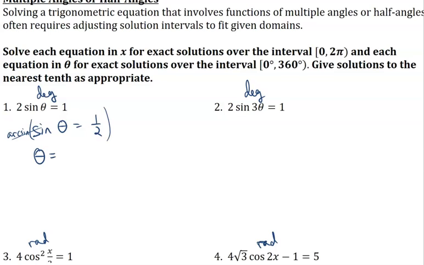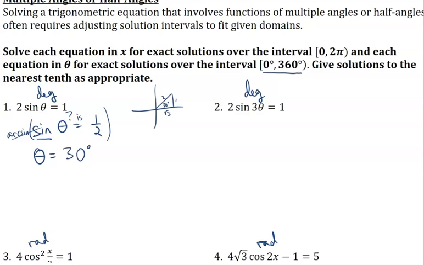So we ask ourselves, in degrees, sine of what angle is 1/2? Remember the order of the question. Sine of what angle is 1/2? And the answer in degrees is 30 degrees. But we do need to check, because this is anywhere from 0 to 360. So other than in quadrant 1 having 30 degrees right here,